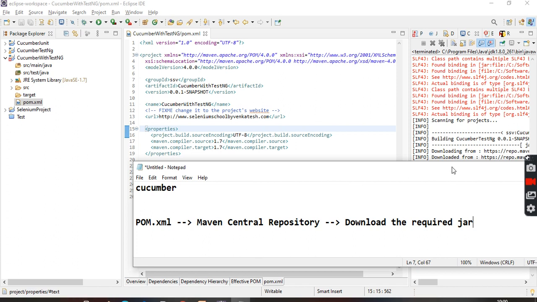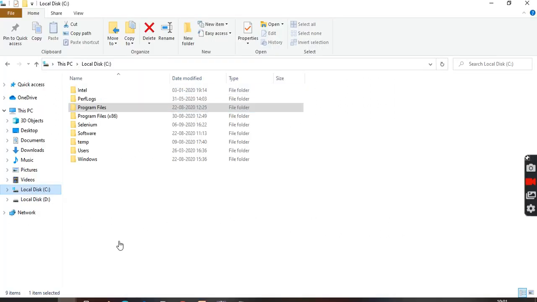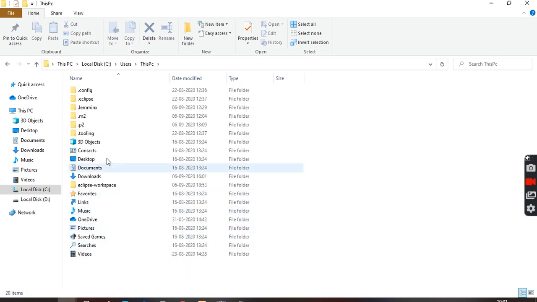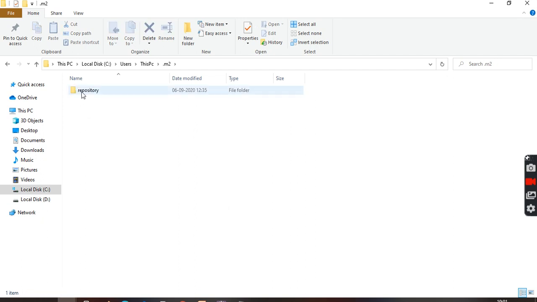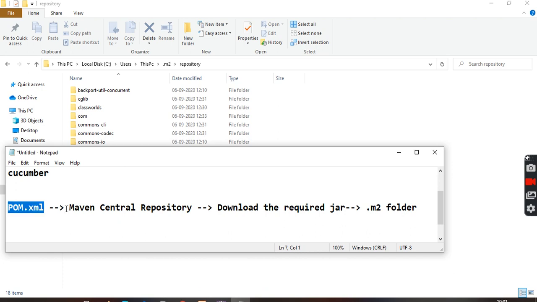It will go to your .m2 folder. Where is the .m2 folder? I will show it here. C:, your name and your PC name. Okay, here is the .m2 folder. All the downloaded things will be stored here. So your pom.xml will contact the Maven central repository, download the required jar, and store it in your .m2 folder. Okay, boss.